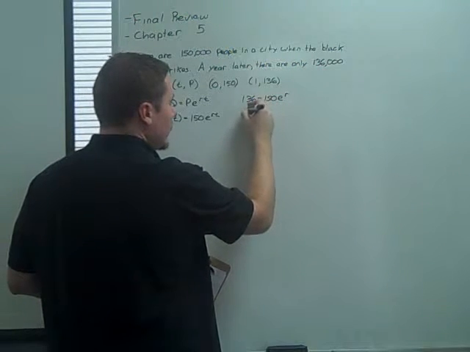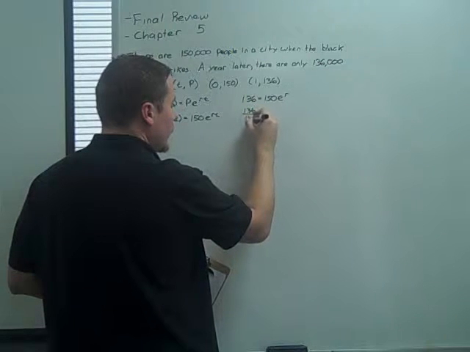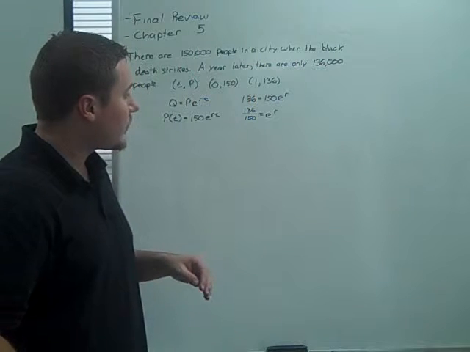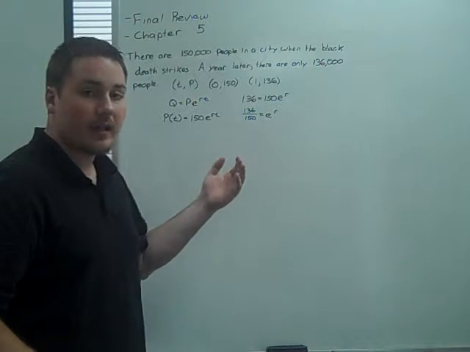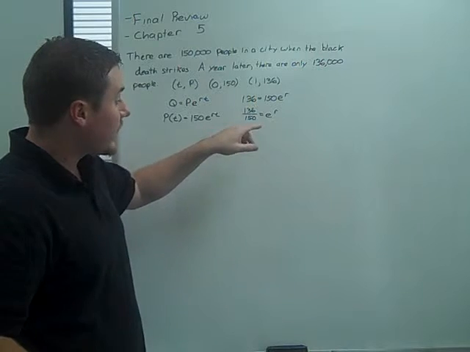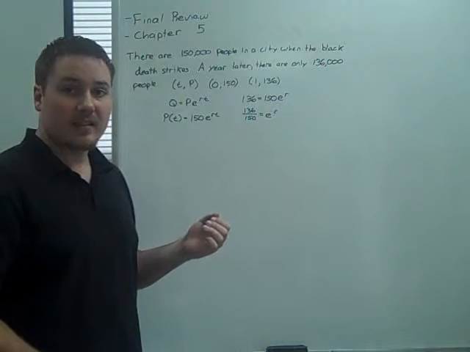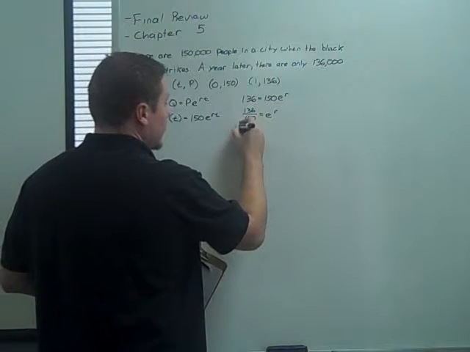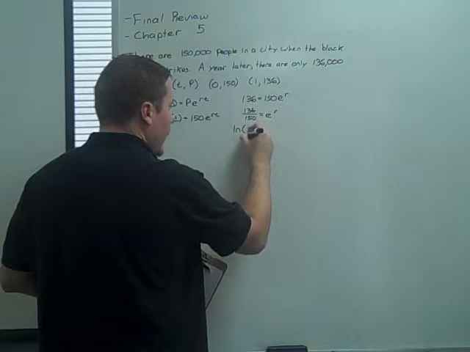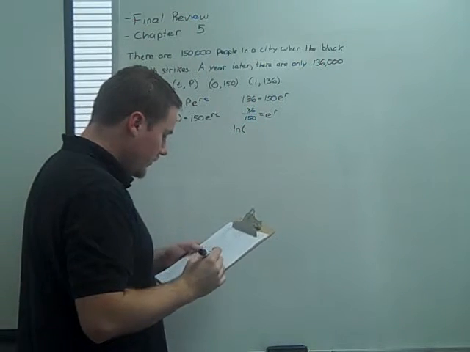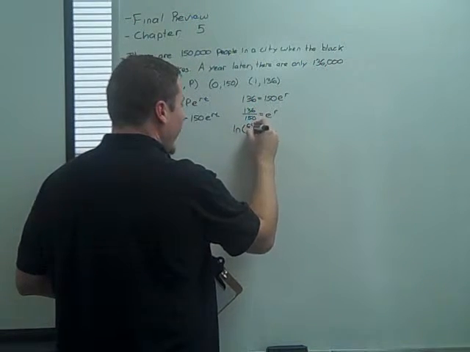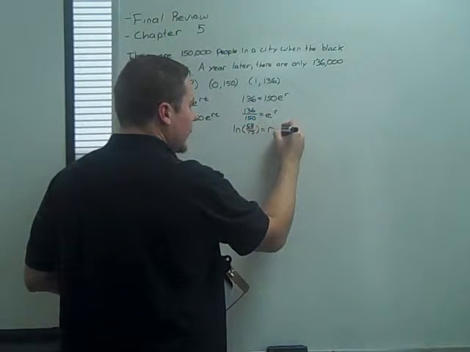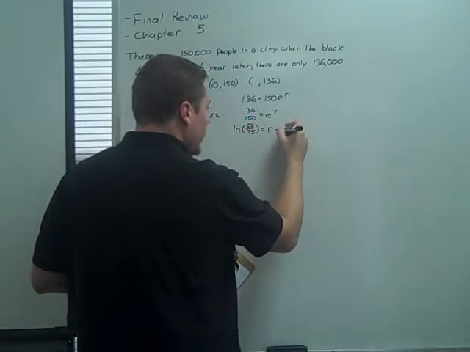Solve for r. It's the only unknown in this equation. So I divide by 150, so I get 136 over 150 is equal to e to the r. And at this point, I have an unknown quantity in an exponent that I want to get down, so I need to use logarithms. Since this is base e, the natural logarithm is the natural choice. So I'm going to take ln of both sides, and this turns out to reduce to 68 over 75. And that equals r, which when you plug into your calculator is negative